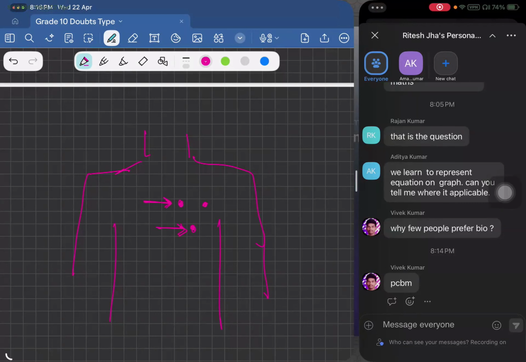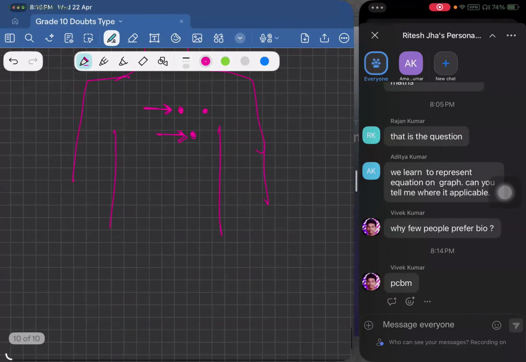See, I use the word electric potential, which is normally used in physics. So how does it help? A person who is doing engineering and is going to make an ECG machine with the application of electric potential